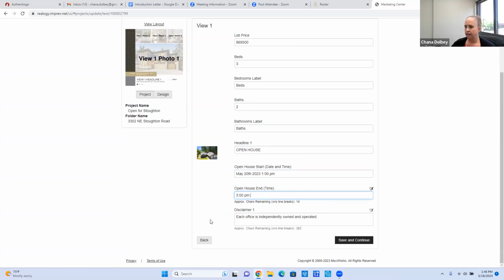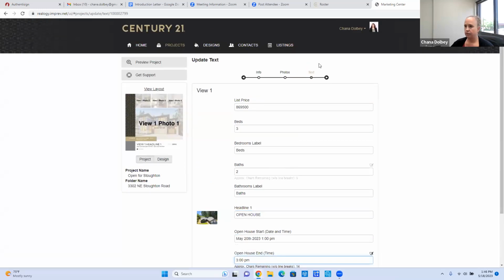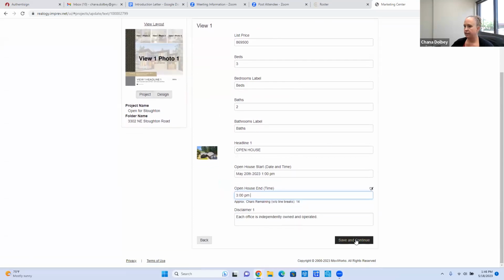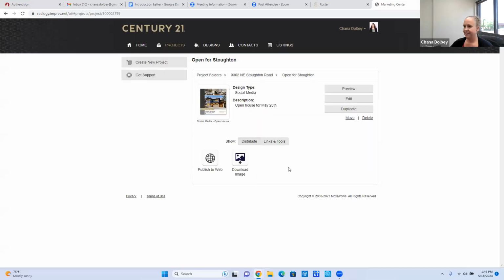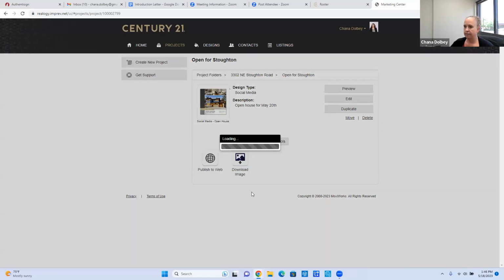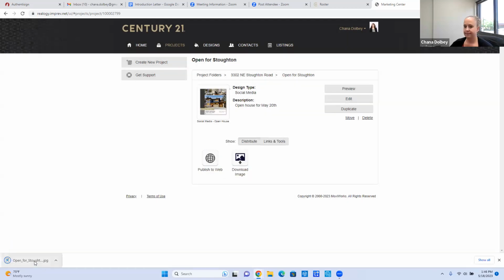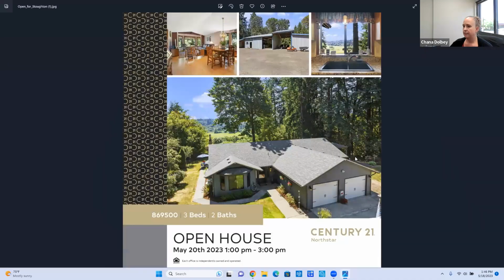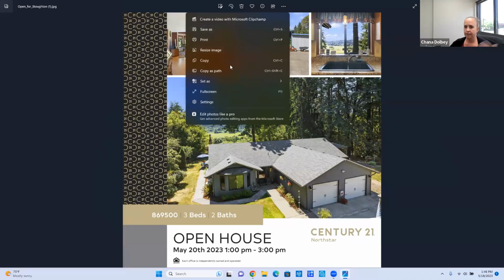It has a disclaimer here. I'm going to go ahead and leave that. So make sure everything's the way I want it and just hit save and continue. Now it allows me to download the image. So I'm going to do that here. And there you have it. Here is your social media post, and you can save this to your computer and then just save it as a picture, and